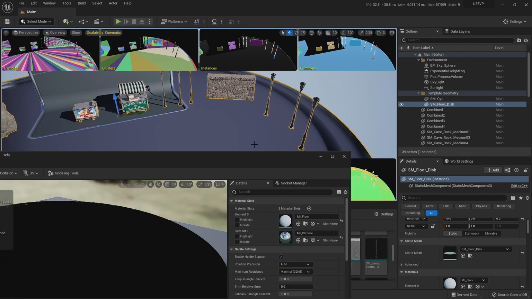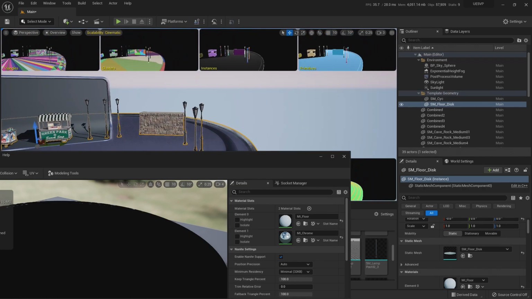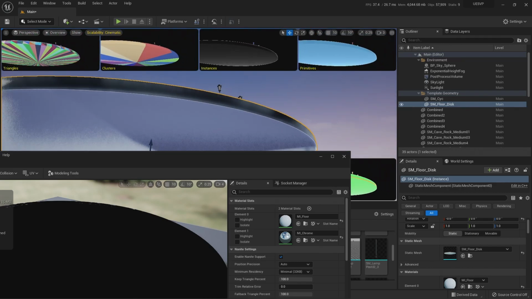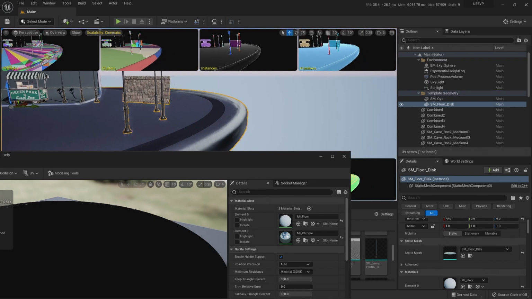But here is where you can start checking if you really need those double-sided materials. In the case of this disk, this floor, it really doesn't need it, it has a back side, right?